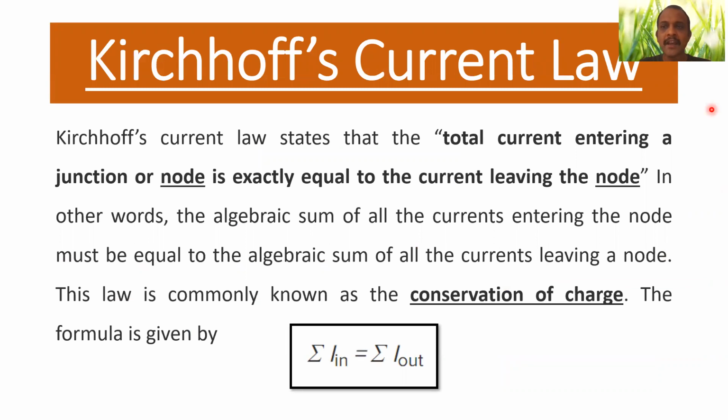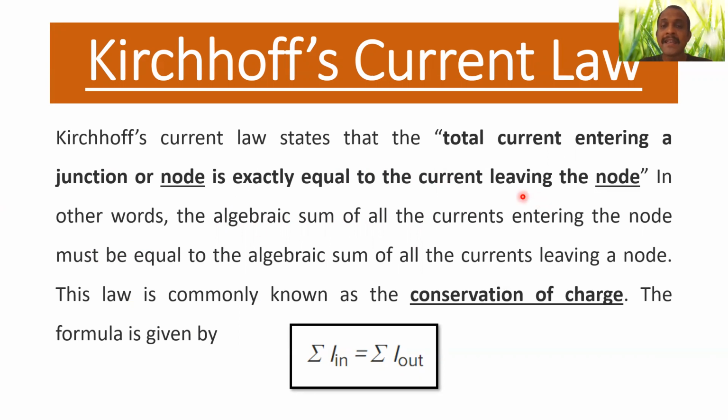So what does the Kirchhoff's current law statement go like? It states that the algebraic sum of currents at a node is equal to 0. Or it also states that the current entering the node is equal to the current leaving the node. This is how the statement goes. This law tells about one very important word called node, or a junction actually. So at the junction, the entering currents are equal to the leaving currents, or the algebraic sum of currents at a node or a junction is equal to 0.